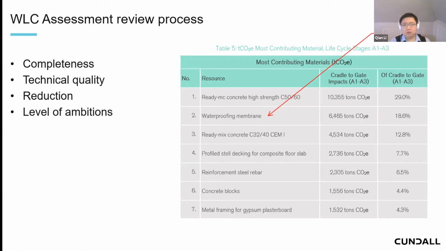They also look at the level of reduction you have achieved and the level of ambition you want to achieve. Depending on the complexity of the site, it might be difficult to achieve a very great reduction for some buildings, but some sites might be easy to achieve great reductions, depending on the typology of the building. Rather than only seeing the final number for your building, they are also going to see the trajectory of reduction, and what effort has been made to demonstrate that you are trying your best, or have tried everything possible to reduce the whole life carbon of the building.